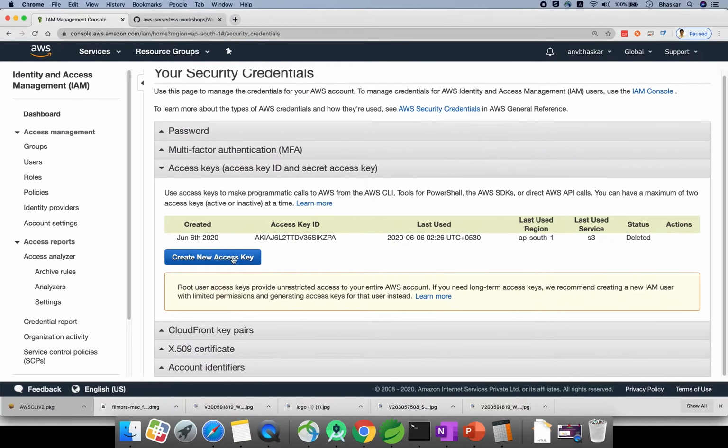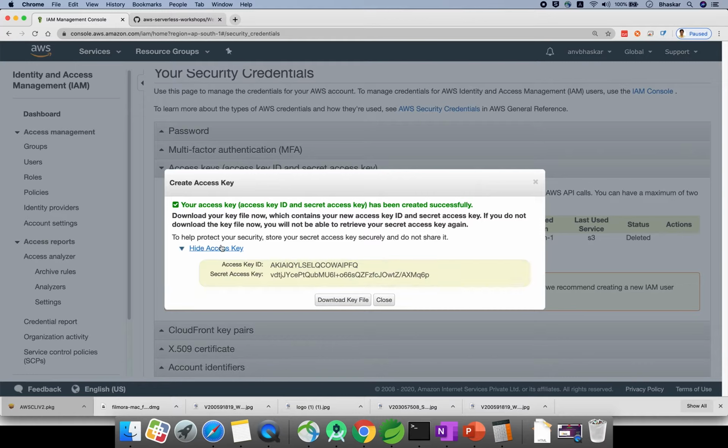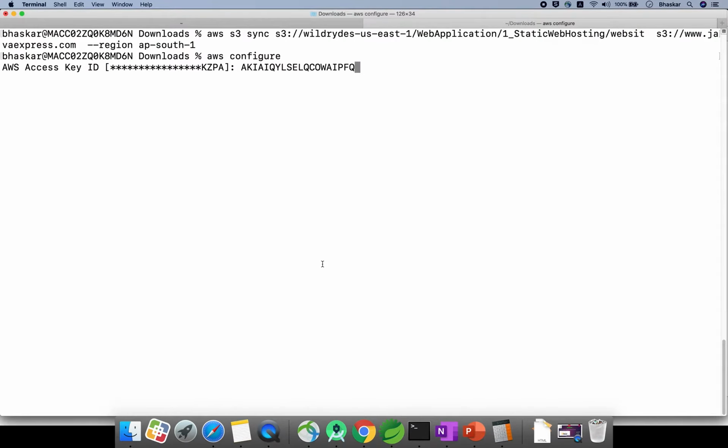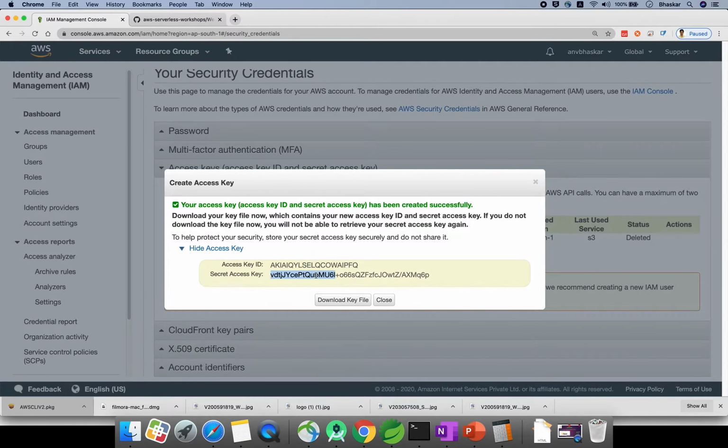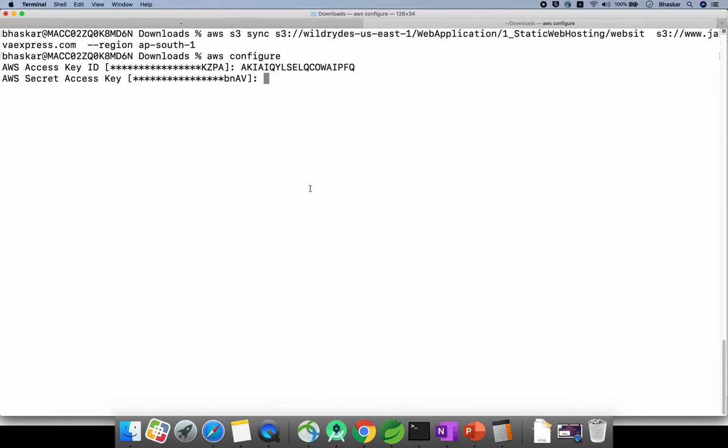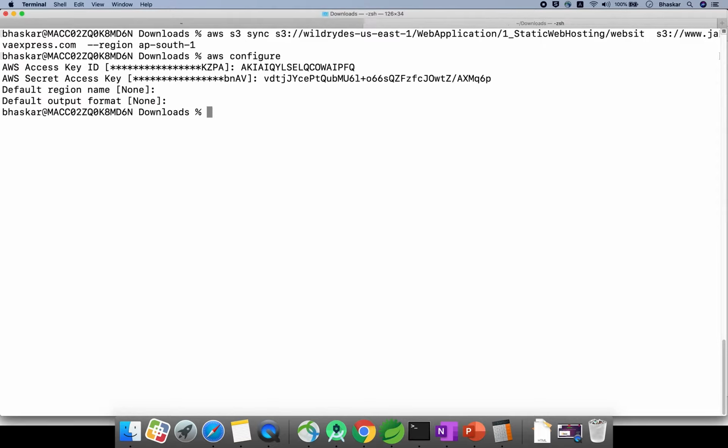If you want to generate one, create a new access key, and you can take your key and password. This is my key, and it will ask for your secret key. So just give your password, and the region name will be none. Just give none, and the format also none. That means all regions, it will take all the regions by default.